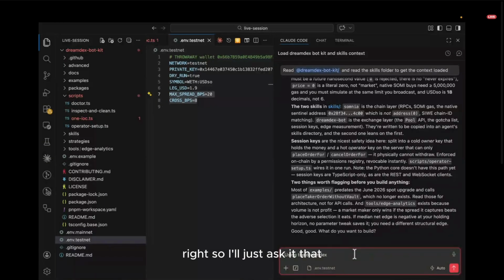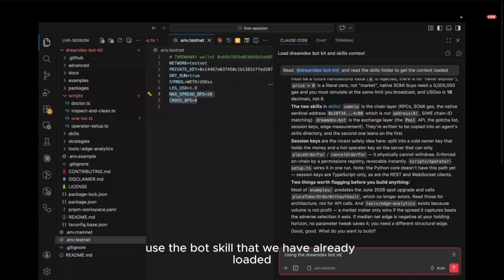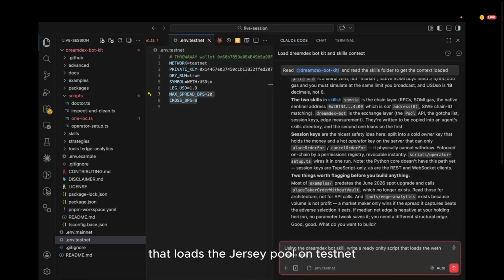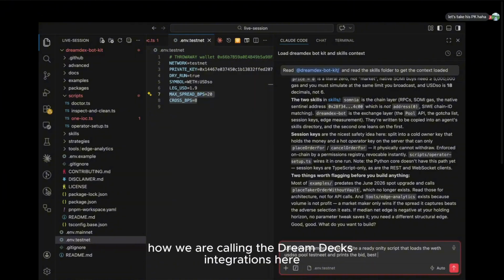So I'll just ask it to use the bot skill that we have already loaded and write a read only script that loads the USD pool on testnet. I'll just ask it to print what the orders are right now so we can see how things are working, and how we are calling the dreamDEX integrations here.